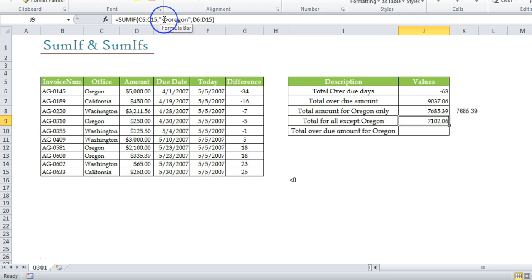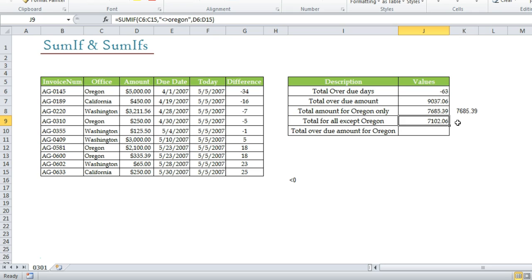Reason being, if you use symbols, you have to put double quotes because that's a text. But if you use a cell reference, you cannot use double quotes. So technically in this case, we have to write in Oregon. We cannot say double quotes, less than, greater than, and any cell reference which is Oregon. This will not work, guys. Simply this will not work. So do not try this.